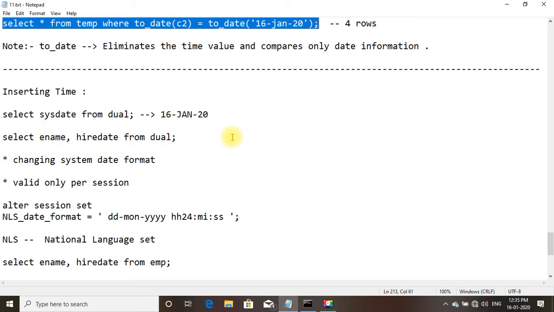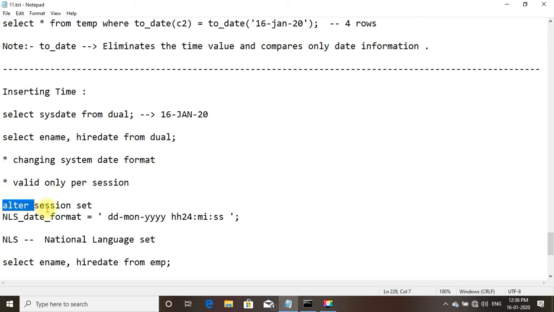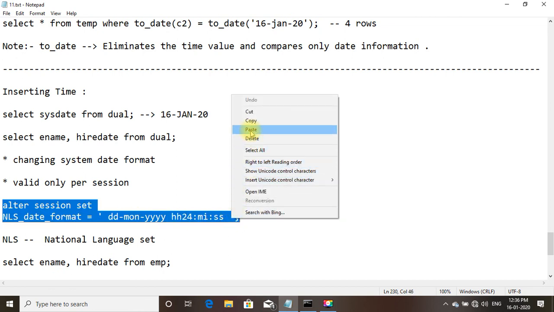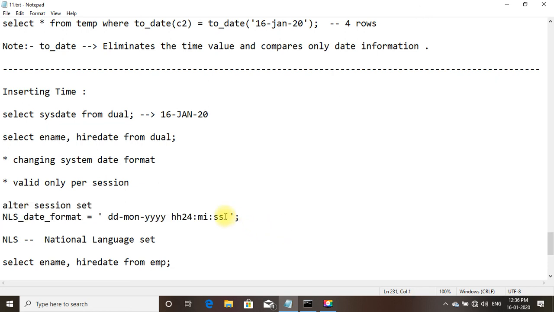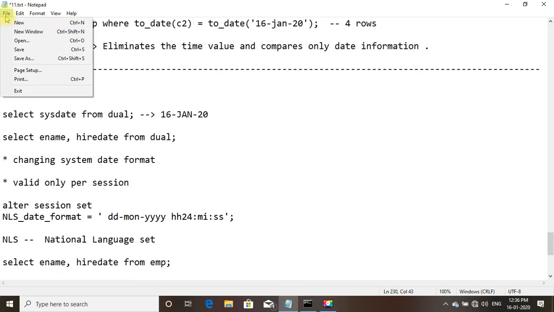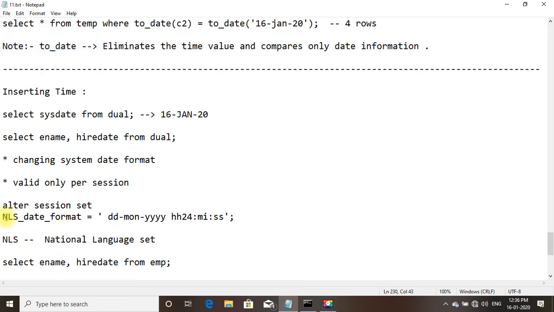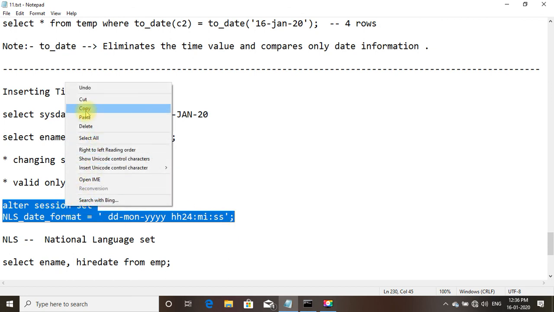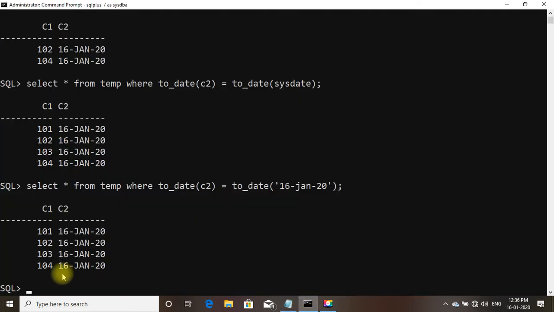Select hiredate from dual. Changing the system date format is valid only per session. So we shall do this command, alter session set. Copy and paste.